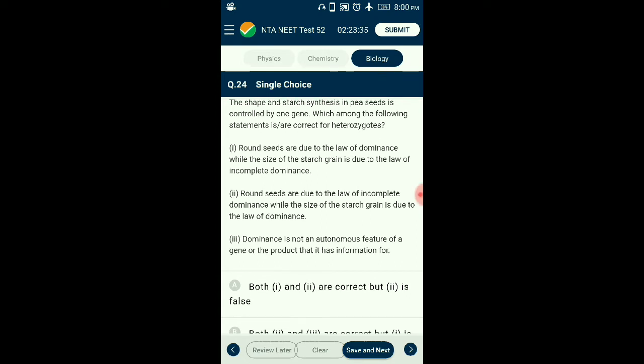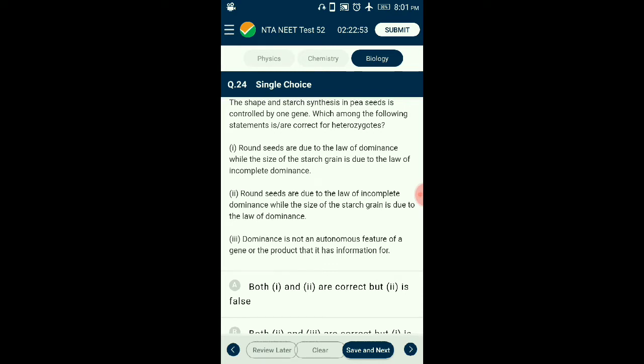It was observed that the starch synthesis process and the shape of the seed are controlled by a single gene. The gene showed two alleles, namely capital B and small b. Capital B homozygotes result in large starch grains as compared to that produced by small b homozygotes. After maturation, it was observed that the round seeds were expressed by the capital B condition and small b expressed the wrinkled type. Crossing of these resulted in the progeny giving round seeds like that of the homozygotes, but the starch grain size was intermediate to both homozygous types.